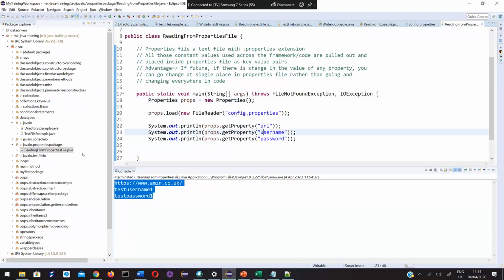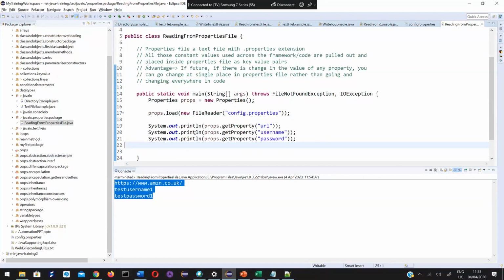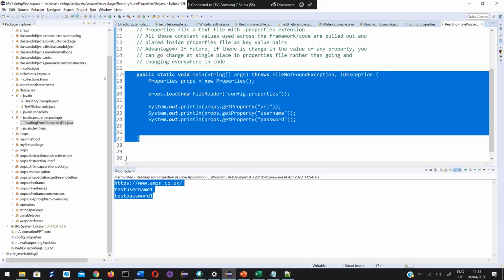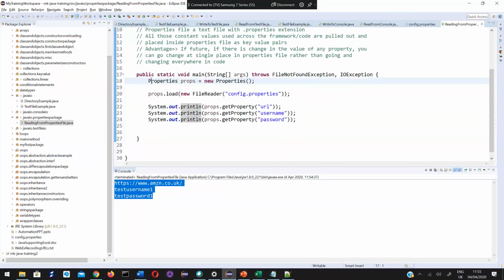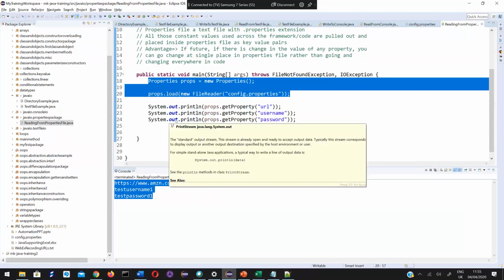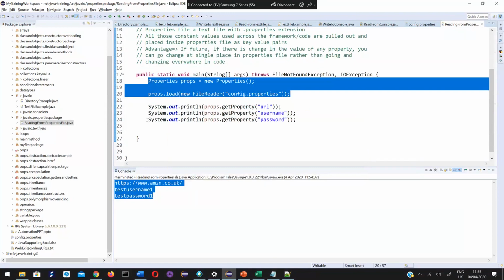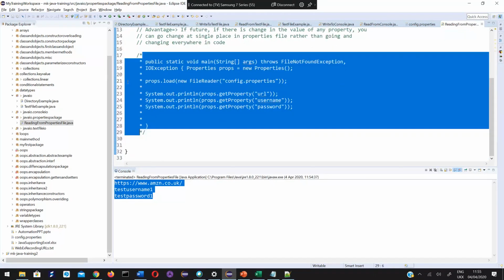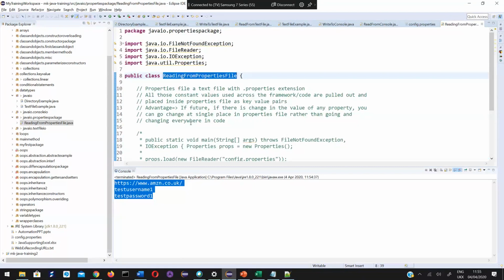Okay. So this part I have put in the main method, right? But in reality, in real time, how this is used is, instead of putting this in the main method, they will create a dedicated class for reading from the properties file.